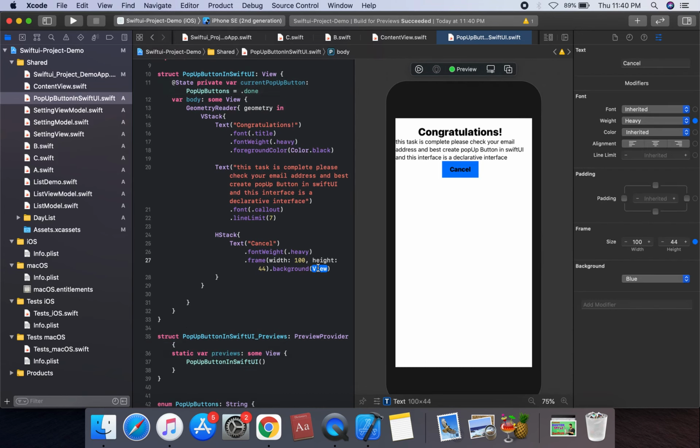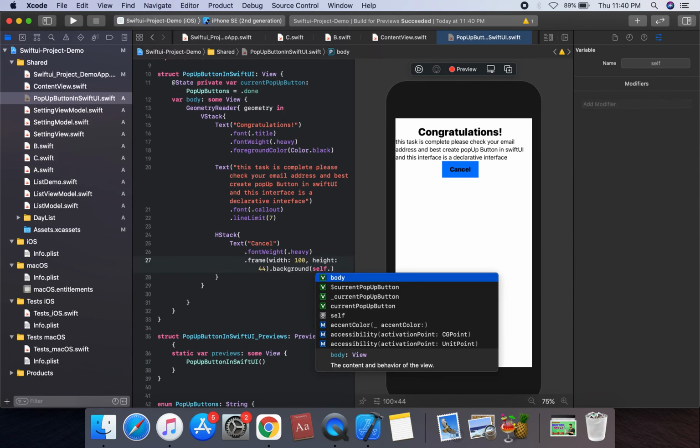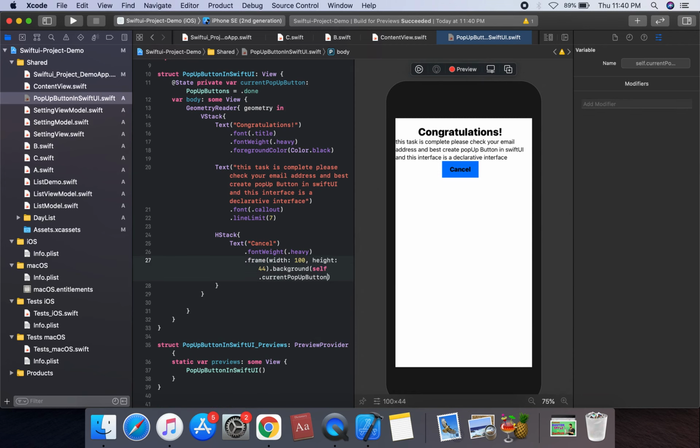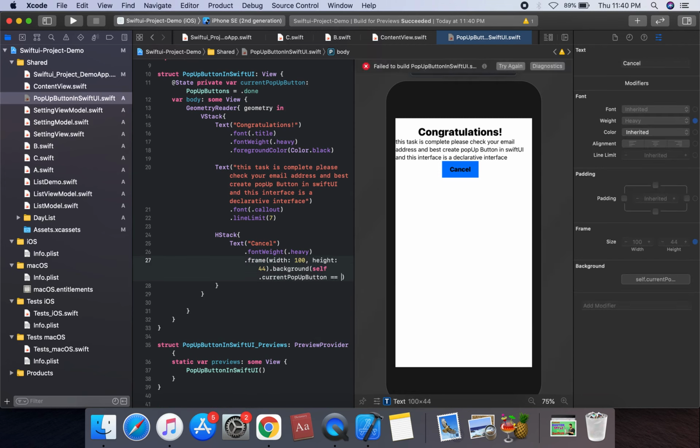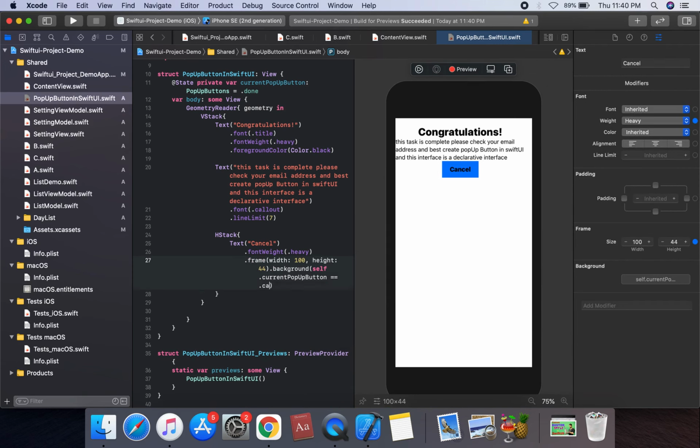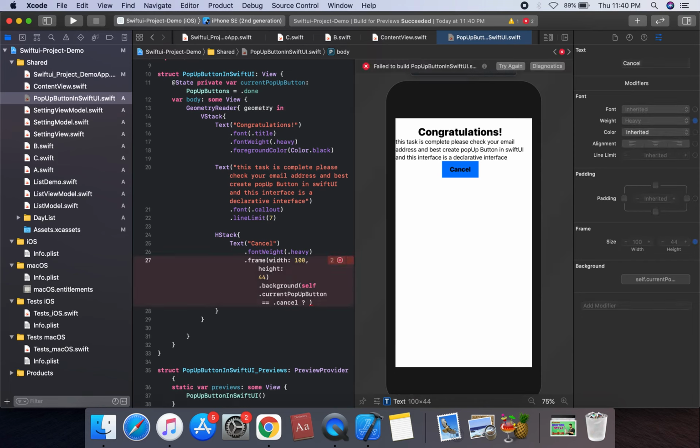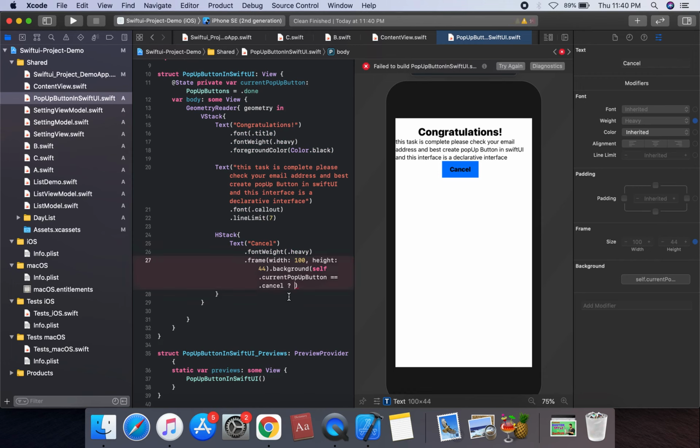We're gonna apply the background color, self dot current pop-up button equal to dot cancel. Otherwise it's true. The condition is we're gonna use the ternary operator. We can set the command shift K is cancel.